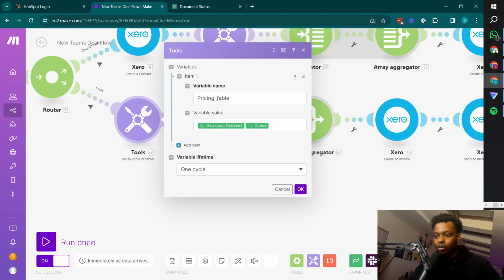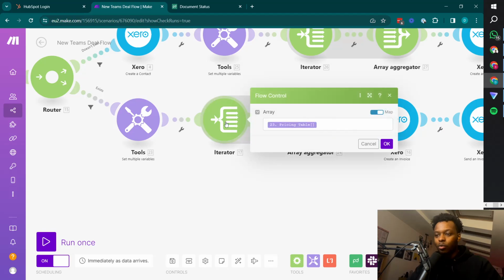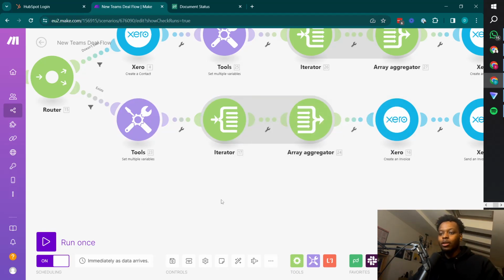And the way that it works is, once you set the variables, which is the pricing table items, you then want to set an iterator. And what it will do is, because there's multiple line items, meaning, say for example, in this team's deal, there's like 3 or 4 things that are being paid for at once. So there's like a pricing table inside of Pandadoc, which describes all of the features that they are paying for. Each individual feature is like a line in the payload, meaning it starts out